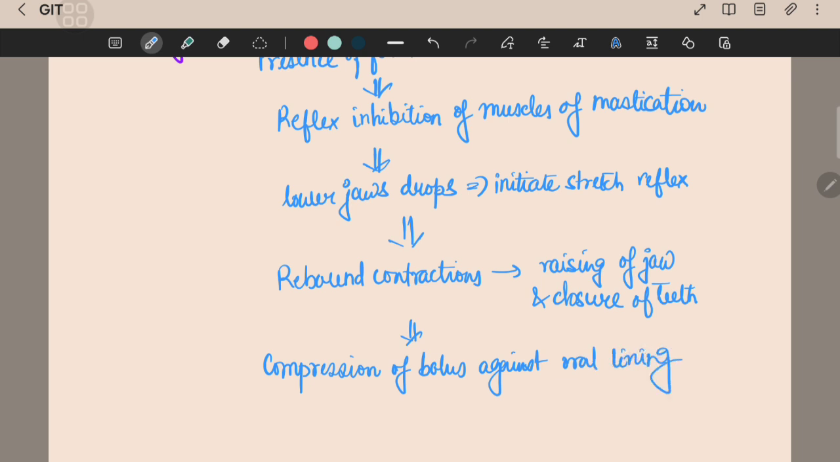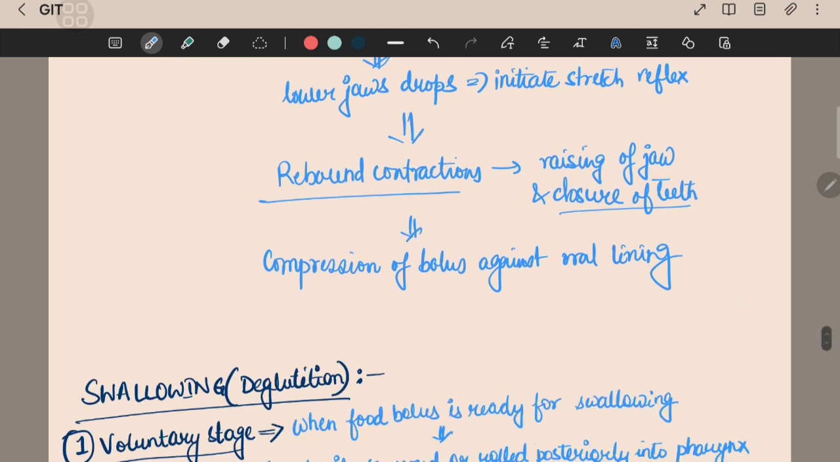You are chewing now. Inside, what is happening? There is a food bolus. First there will be reflex inhibition of the muscles of mastication, the lower jaw will drop, and that will again initiate a stretch reflex, and there will be rebound contraction. So you are continuously chewing the food. It's not that you chew once and let it go. You are constantly chewing. There will be rebound contractions, and then again raising of the jaw and closure of teeth will happen. You will chew again, and this will further compress the food bolus against the oral lining,